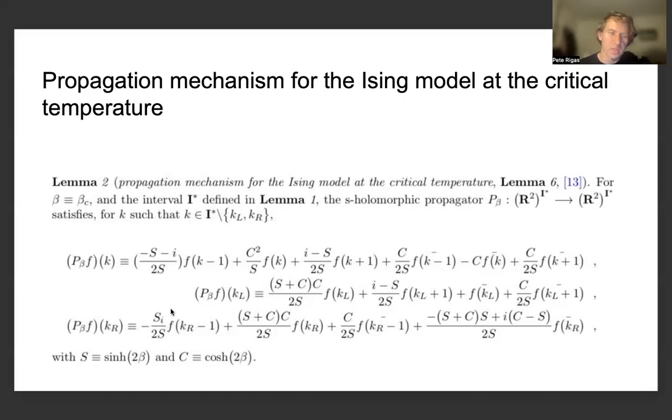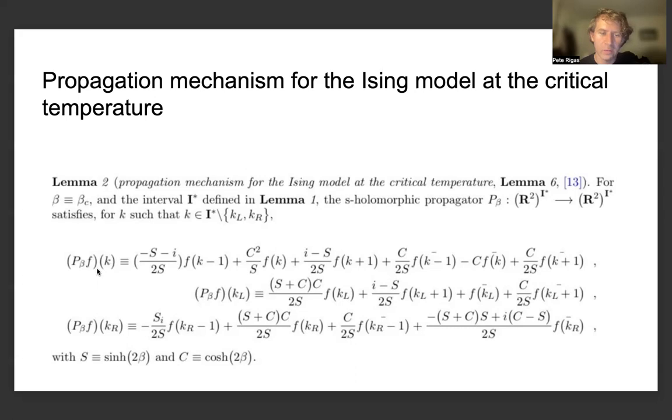But there's also a way to make a connection between this propagation mechanism of the Ising model and the propagation mechanism for the two-color Ashkin-Teller model, because we're coupling two Potts models together, and there can be a way to interpret how this propagation mechanism acts for discretely holomorphic parafermions of the Ashkin-Teller model. So in the case of the critical temperature of the Ising model, the propagation mechanism takes